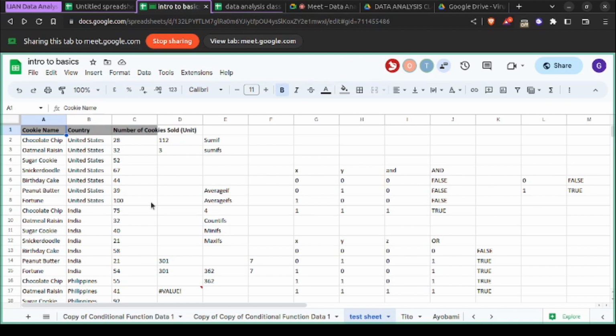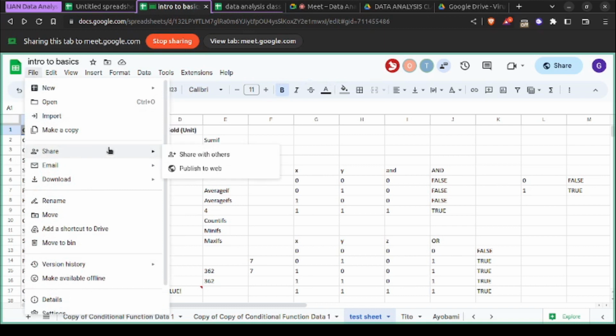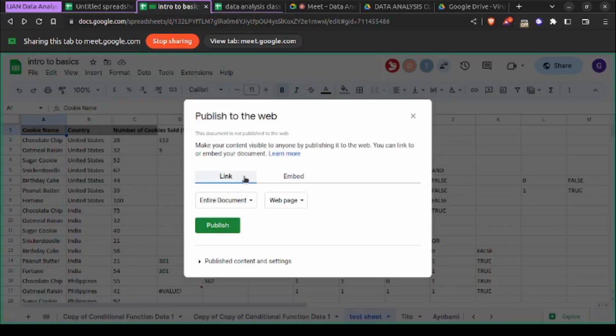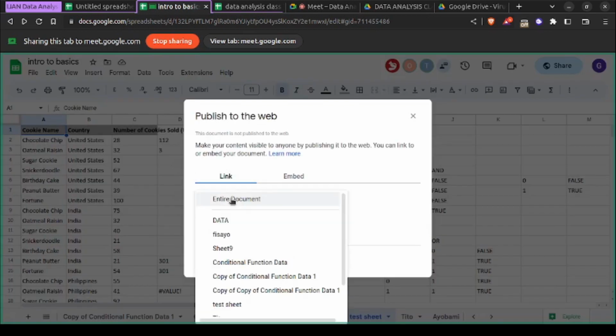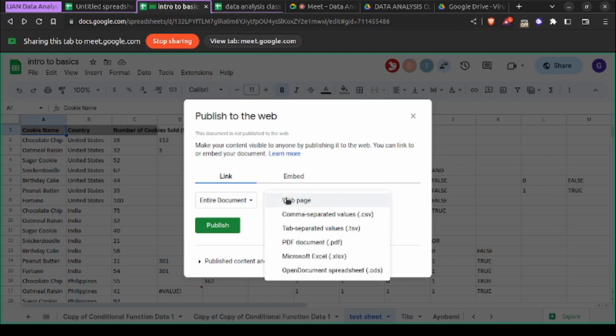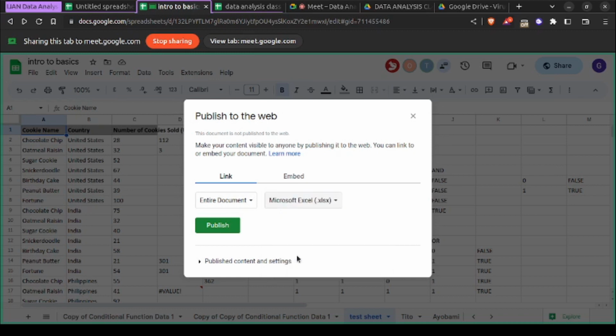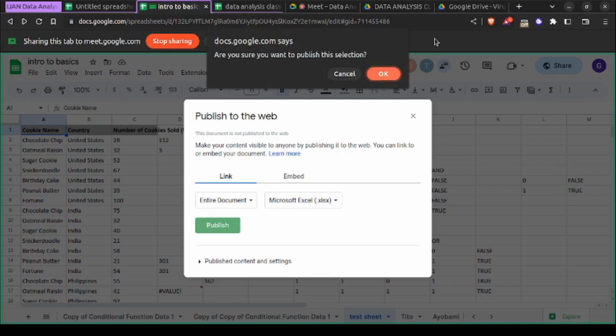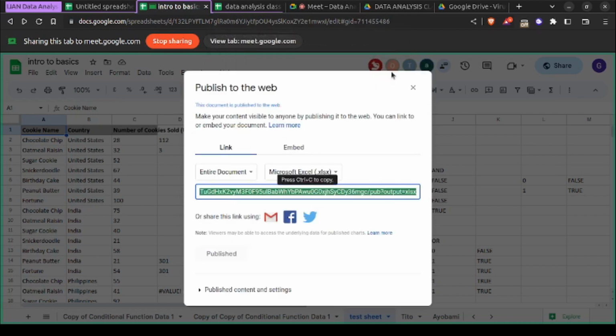So you can email directly, you could share also to publish it to the web. If you publish to the web, it's going to give you a link basically. So I'm publishing the entire document. I want to publish it as a PDF. Okay, no, as an Excel file. Okay, to send it. So if I publish this, I'm clicking on publish. Yes, publish this for me. So it gives me a link. So I'm going to copy this link and